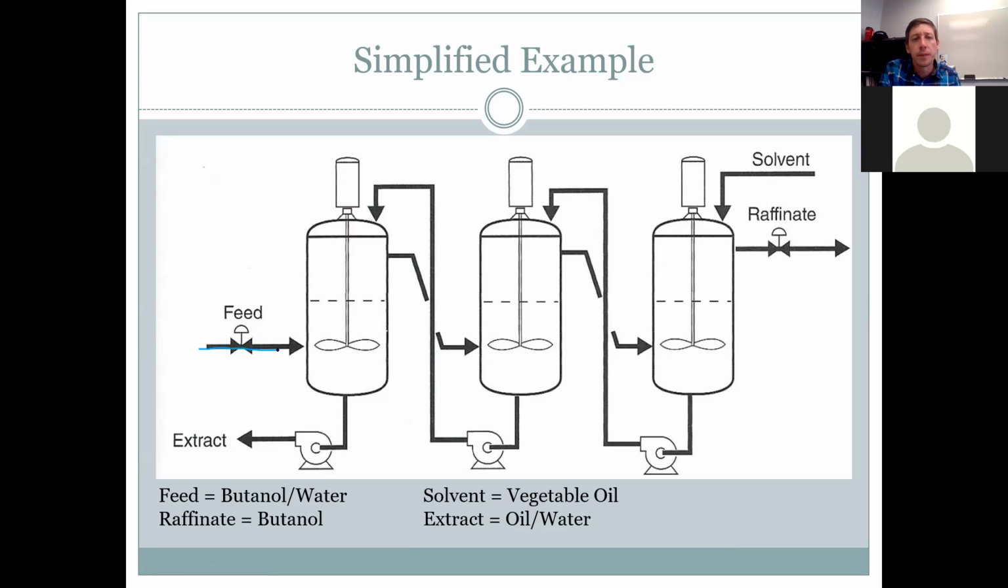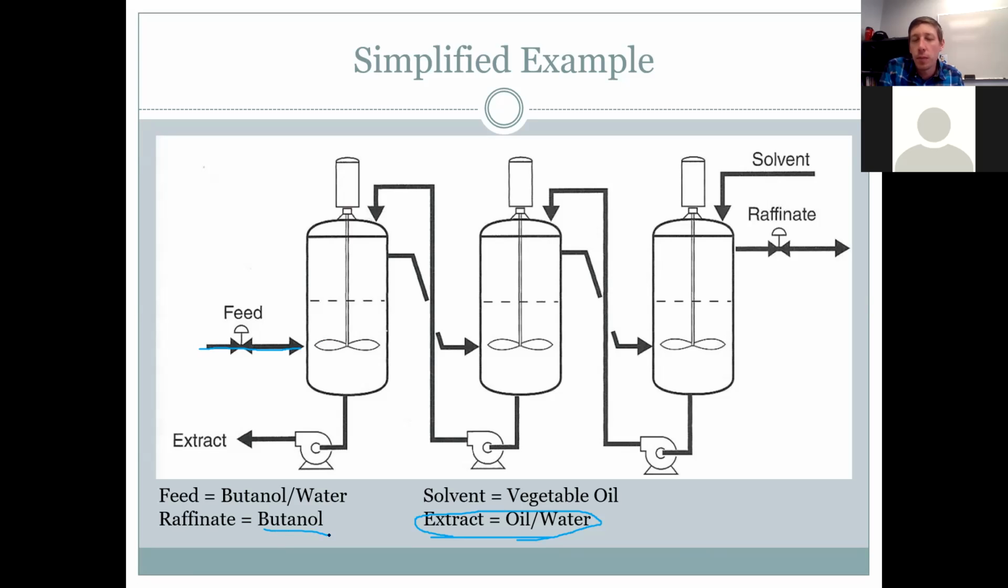Here, what we have is this feed that comes in. This feed happens to be butanol and water. And we have this special oil as our solvent. Call it vegetable oil, but it's not really vegetable oil. It just looks like vegetable oil, but it's a special oil that'll actually mix in with the water. And what that special oil does is it mixes in with the water and leaves pure, clean butanol left. This is another example of where we use